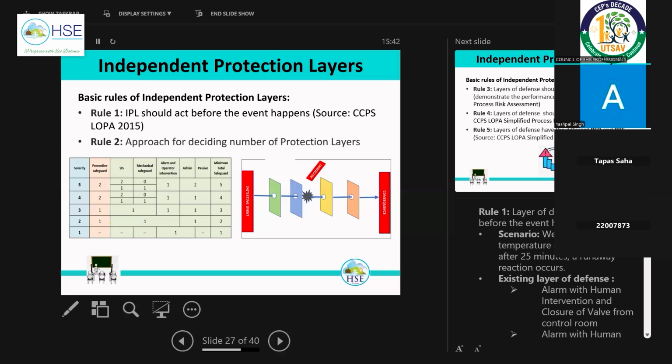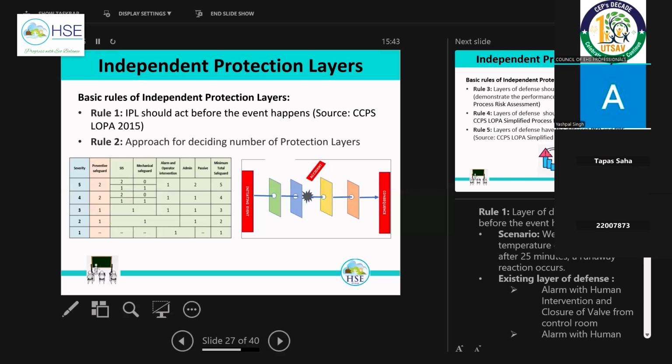So why do we need 5 safeguards for severity 5, and 1 safeguard for severity 1? You can just refer to the right side of this table. There is one figure which is self-explanatory. If there is one initiating event and there are 4 layers, the initiating event has to pass through all the layers, that is escalation, before it can reach the consequence. If any of these safeguards, controls, come in between the initiating event, that helps to prevent or mitigate this particular event. So that is the basic reason why we need 5 controls for severity 5, 4 controls for 4, and 1 for 1. Because in case of severity 1, 2, 3, that is a minimal effect.